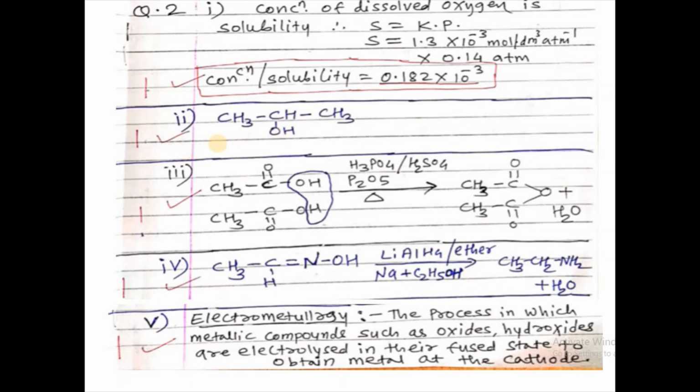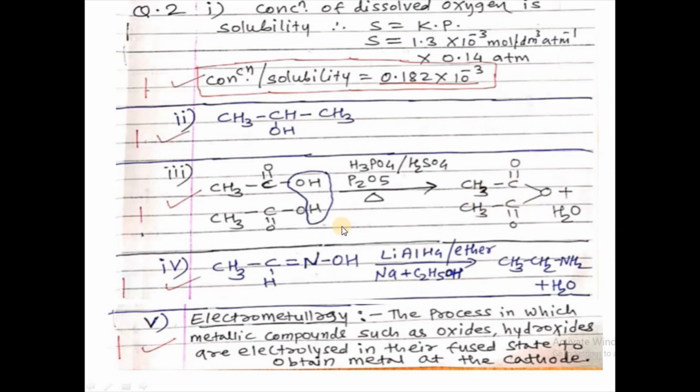Now we will move towards the third question. Write balanced chemical reaction for preparation of acetic anhydride using acetic acid, and I have written here 2 molecules of acetic acid reacts in presence of phosphoric acid or phosphorus pentoxide or concentrated H2SO4. Dehydration reaction takes place. 2 molecules of ethanoic acid, that is acetic acid, combined together with removal of water, and hence acetic anhydride is formed.